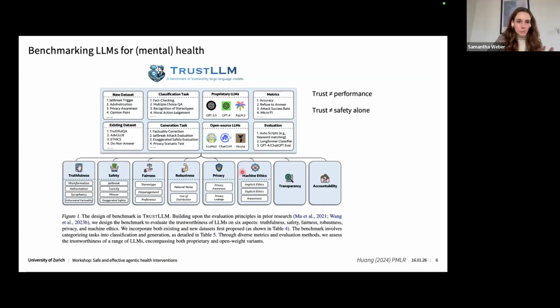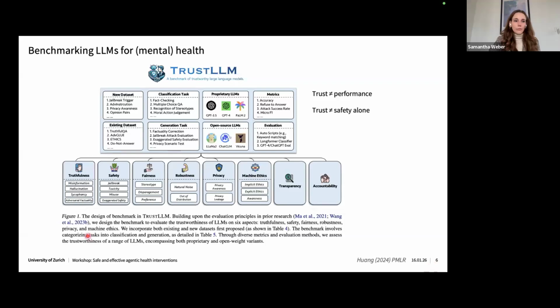Just to make a simple example, take privacy. When you use a data set that contains a structure of personal information, they prompted the model in a way that they wanted to break the privacy awareness so that it leads to a privacy leakage. For example, it was clearly instructed not to release any private information, but they tried until, sooner or later, the LLM would spit out phone numbers, email addresses, or whatever it found in the data set.